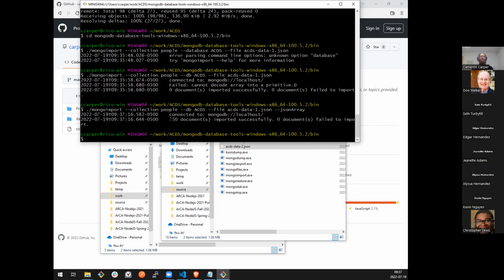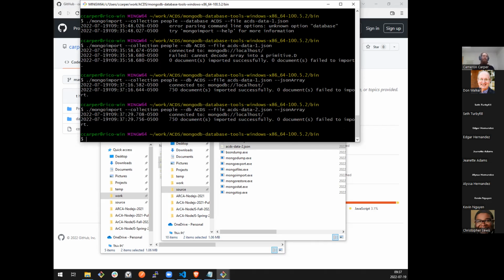And you can see we got 750 documents imported successfully from that one. I just split this into 2 files for ease of generation, so I'll just load the second one exactly the same way. So we've loaded 2 files of 750 documents each, so we should have 1,500 records or documents in our database now.